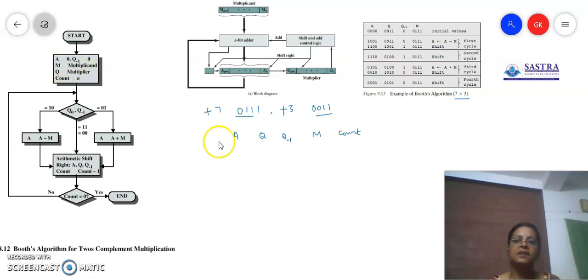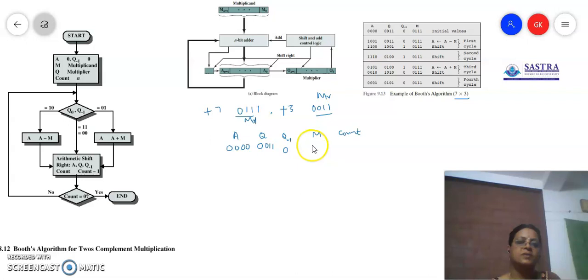Now what is the register A? A is going to be initialized with 0. Of course, we are going to handle 4 bits, so A will be initialized with 4 zeros. Then Q. Q is going to be initialized with the multiplier. Our multiplier is this and the multiplicand is this. The multiplier is 0011, so the Q register will be initialized with 0011. And what is Q minus 1? When we are encoding, we have to examine the Q(i minus 1)th bit, so Q minus 1 will also be initialized to 0. And then the multiplicand will be available in the M register. The multiplicand is plus 7.